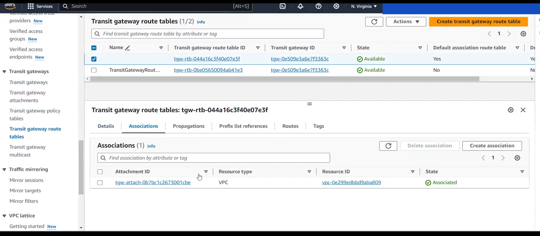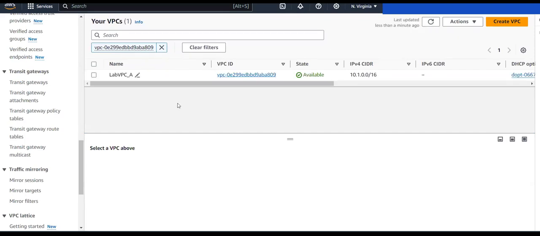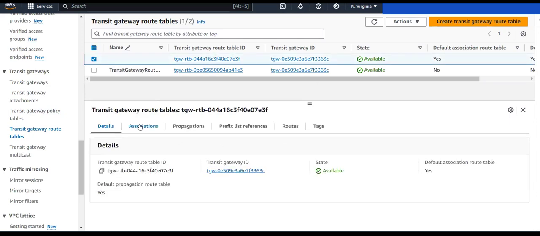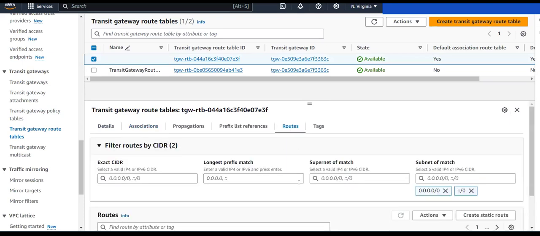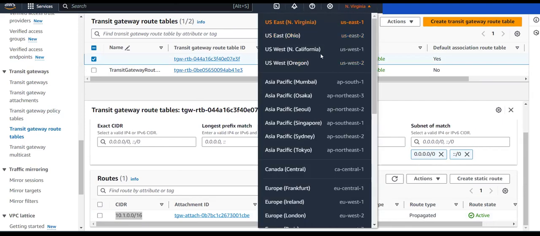So you can see I associated this with this VPC. This VPC is nothing but our VPC A, since we are in North Virginia. So this VPC A I attached with this. You can see that it is associated here. Now, if you observe the routes, currently it is not allowing any traffic from our VPC B. Since that VPC B is present in which region, in which CIDR block range, 10.2.0.0, right? So similarly, let's observe whether the traffic coming from VPC A is allowed in our VPC B